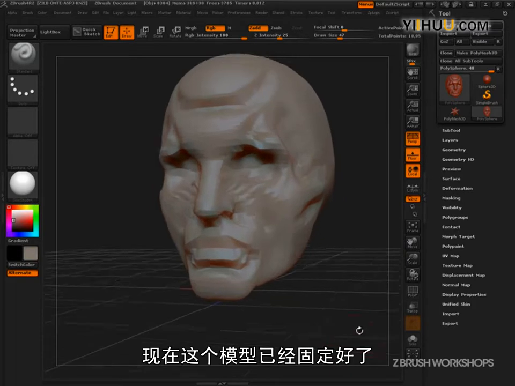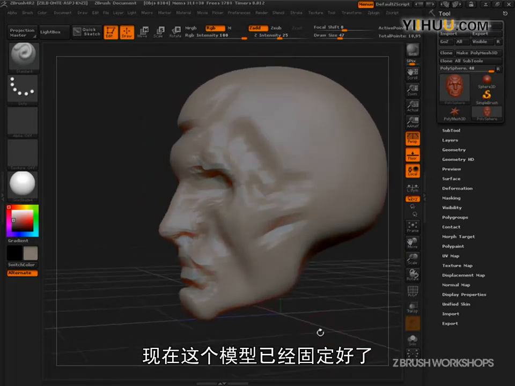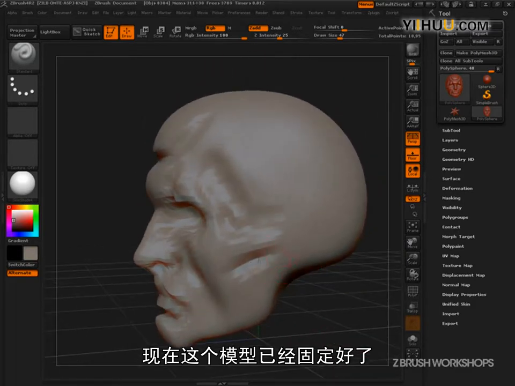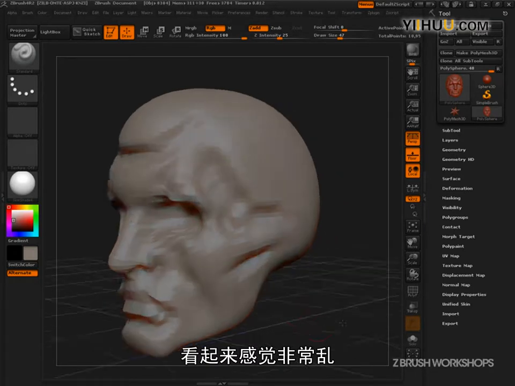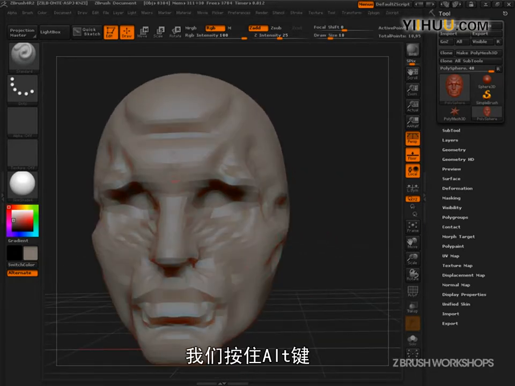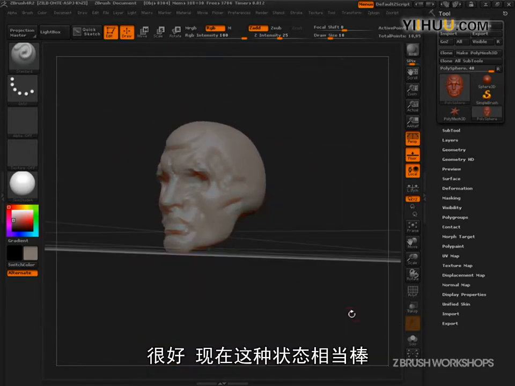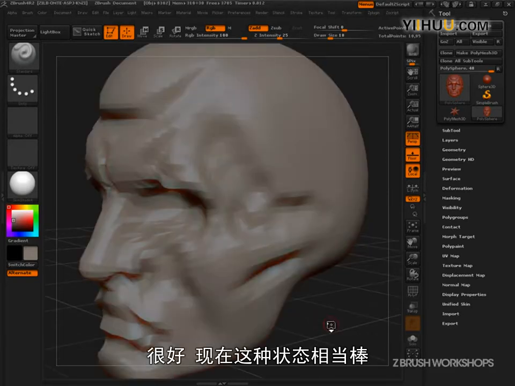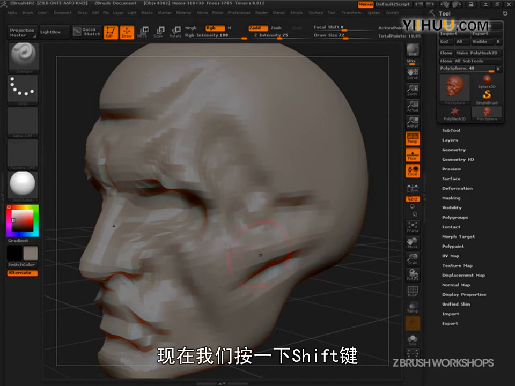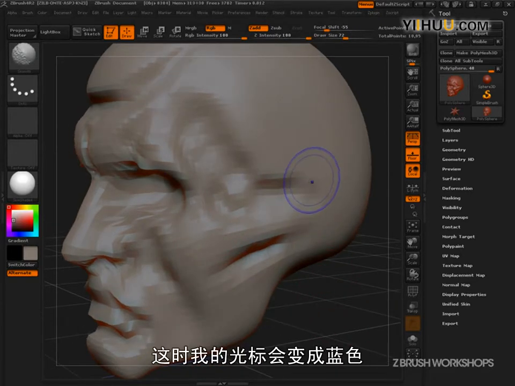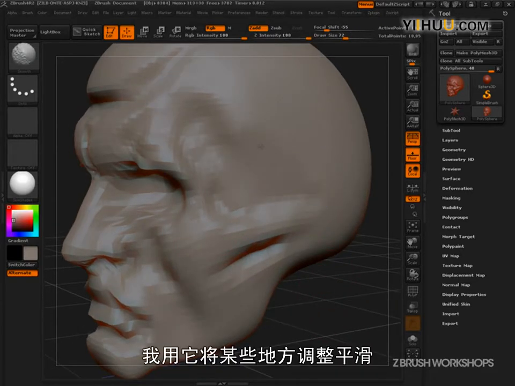So here I've got this guy pretty blocked in, and it looks very messy. Let's put, I'm pressing Alt and I'm just cutting in between the brow there. Alright, that's a good place to be, a very good place to be. Now I'm going to press Shift, my cursor is blue, and I'm going to smooth out